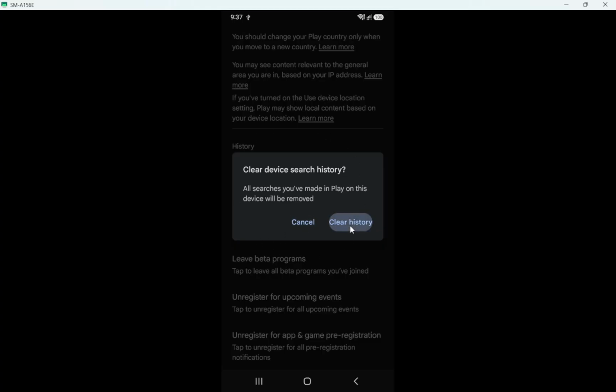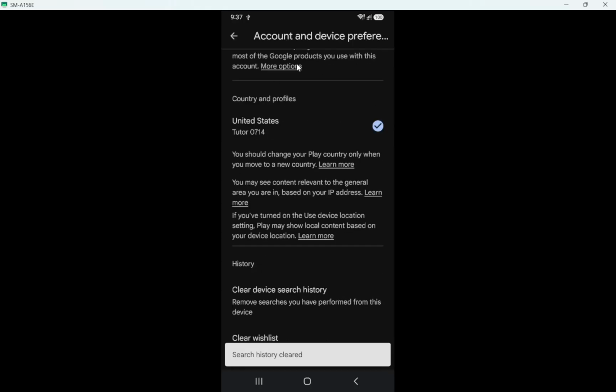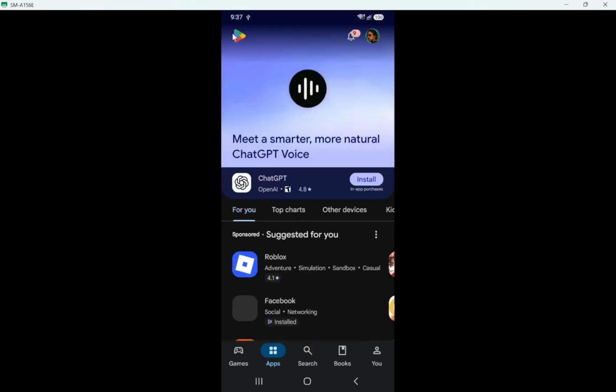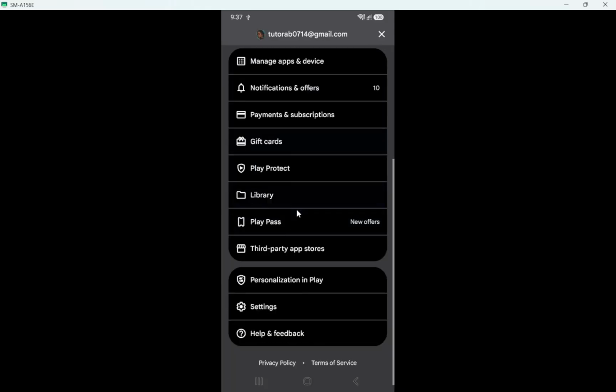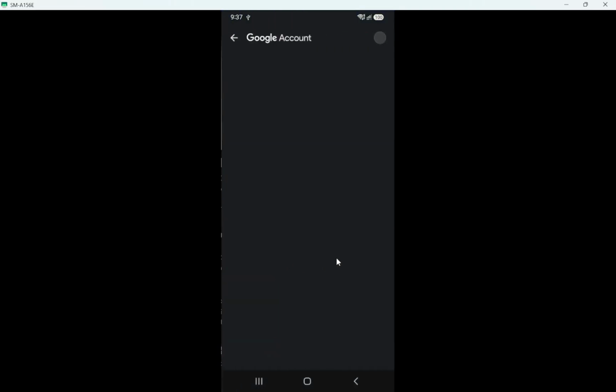If you also want to manage your wider Play activity, tap your profile picture again, then Personalization in Play, then Play History. From there, you can review or delete items like searches, apps you use, and pages you viewed, and changes apply to your Google account activity. You have now cleared your Google Play Store search history and learned where to manage Play history for your account.